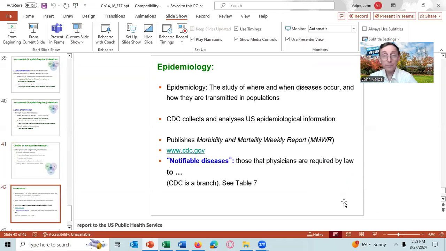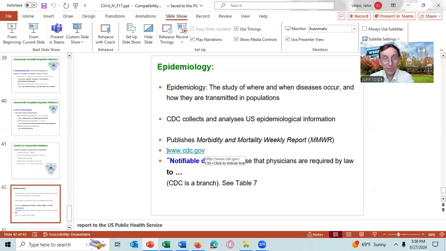All right. Let's turn and talk a little bit about epidemiology. Epidemiology is the study of where and when diseases occur and how diseases are transmitted in populations. The CDC collects and analyzes U.S. epidemiological information, and then it publishes this information in the Morbidity and Mortality Weekly Report, which is usually called the MMWR, and you can find it at